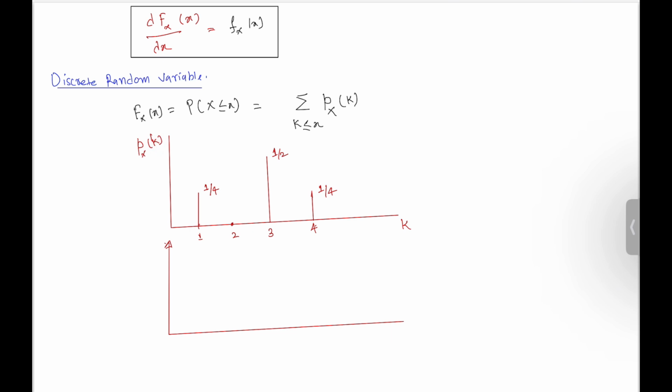All right. And the CDF will obviously be a function of this small x, right? And on the y-axis we will have this CDF. So what we do is accumulate the probabilities depending upon the values of x. So x could be somewhere around here, right? We will be summing over all the probabilities till this point, right? So you will get no probabilities, so we will have 0 till this point,